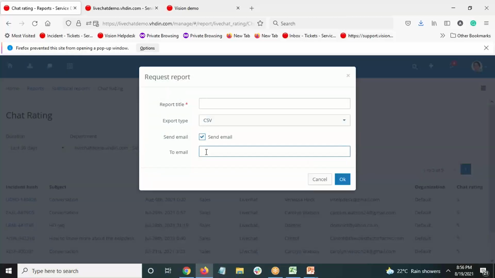So while exporting and sending it to any particular email address, you can add multiple email addresses over here, comma separated. And all of those emails will receive the report from your end. So in this way, you can send reports to multiple email addresses.